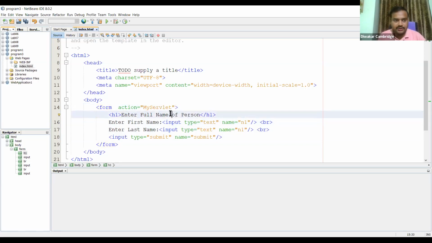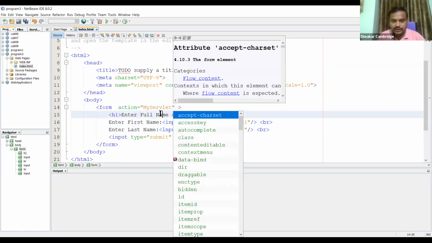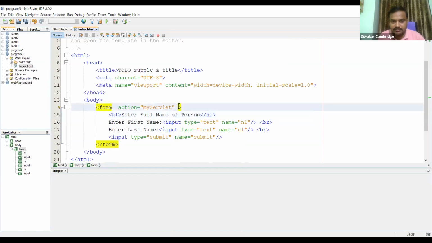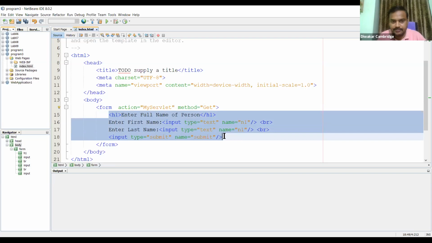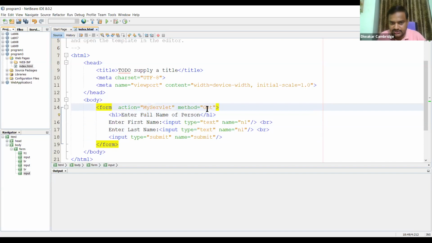Now, if I'm not going to provide any method here, there is one more attribute here whose name is method. You can specify it as get, or you can specify it as post. You can submit this form data either using get or using post.